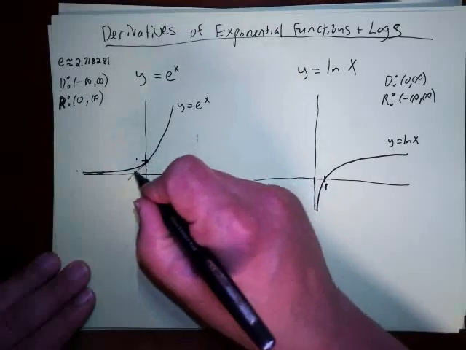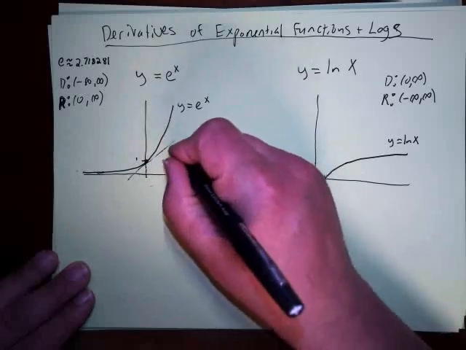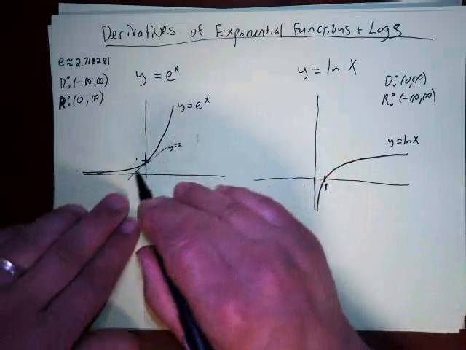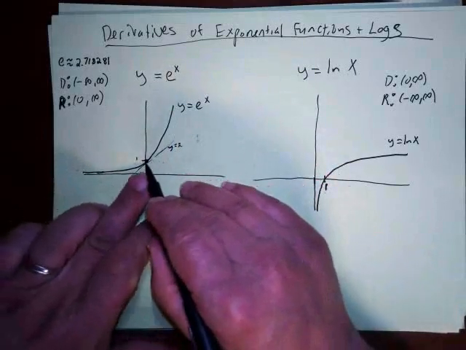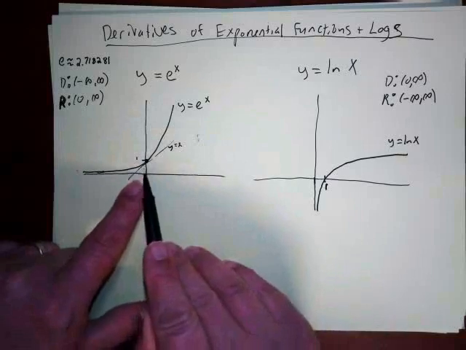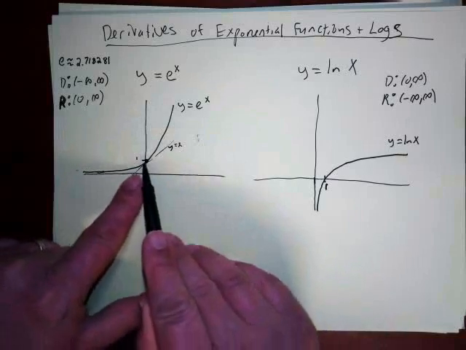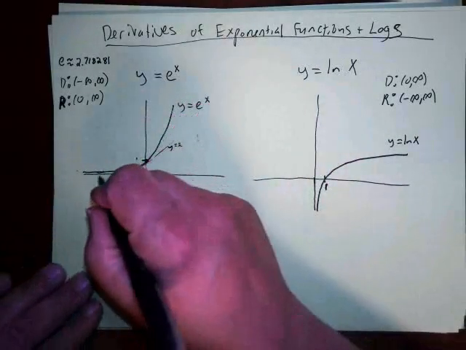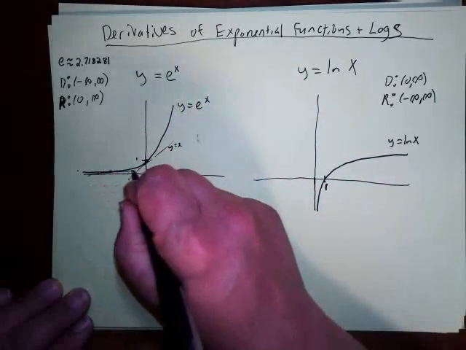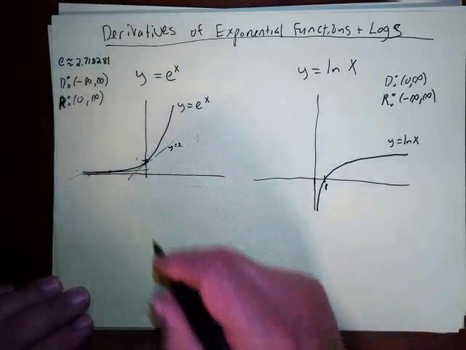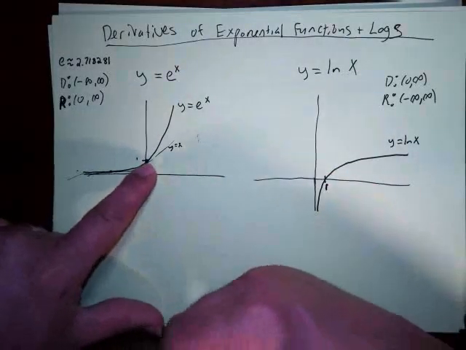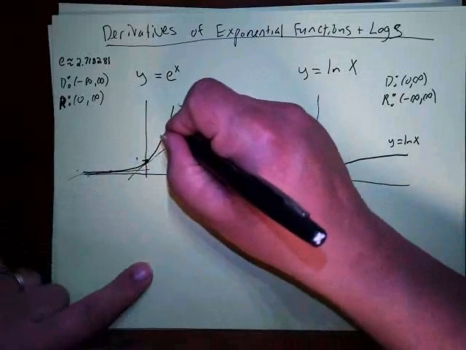Here at 1, the slope of the tangent line looks like y equals x, and it actually is y equals x. So there at 0, the slope of the tangent line is 1, and then after that, this tangent line has a slope very close to 0. Here, the slope of the tangent line is 1, and then when you get off here,